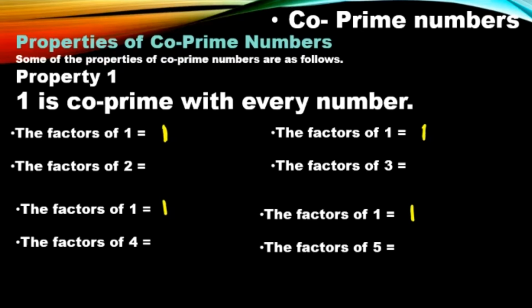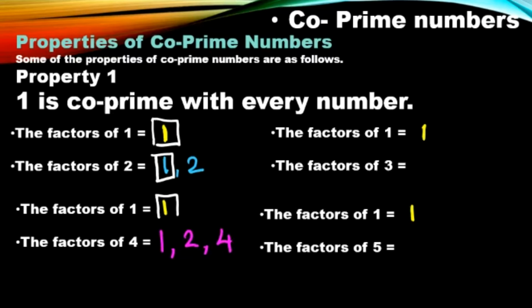Here children, the factor of 1 is only 1. So, let us write down the factors of 2. As 2 is a prime number, the factors are 1 and 2. Before the second pair, we consider the common factor of the first pair, that is 1 and 2, which is only 1. So we are getting only 1 as a common factor, meaning the first pair is co-prime. In the second pair, that is 1 and 4, here also the common factor is 1. And that's why 1 and 4 are both co-prime numbers.